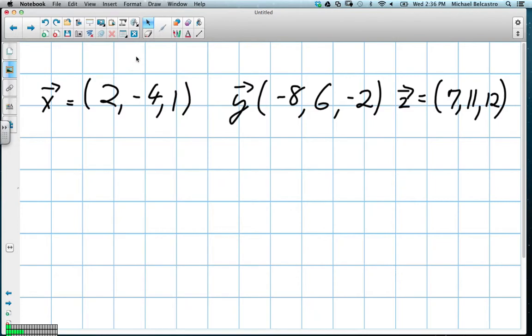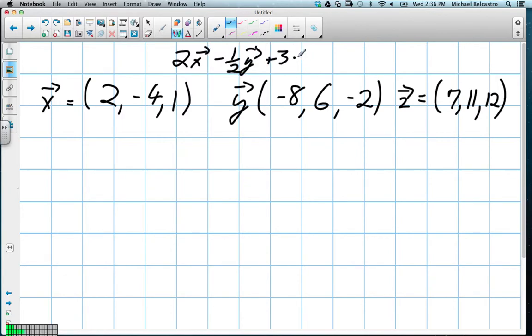Okay. So we're going to put them into their unit vector form. Okay. And remember the question said 2x minus ½ vector y plus 3 vector z. Okay. So our first one, our first vector here, we have a scalar of 2, and its unit vectors are